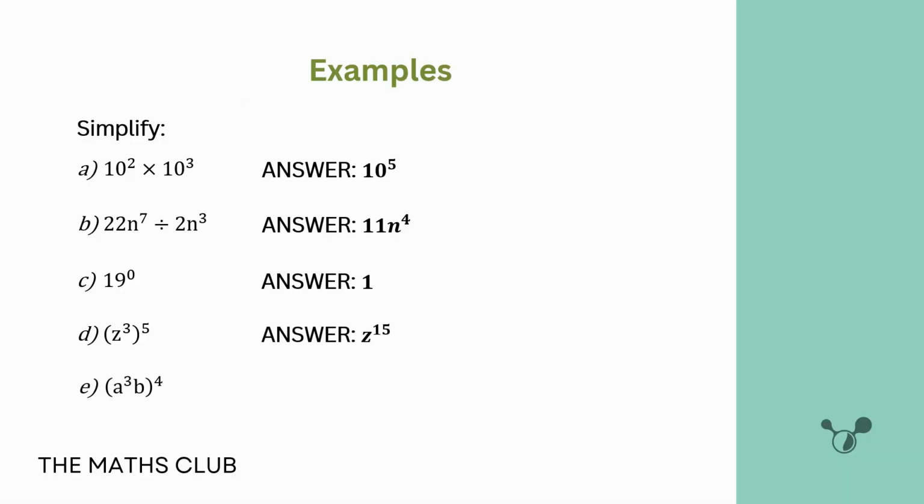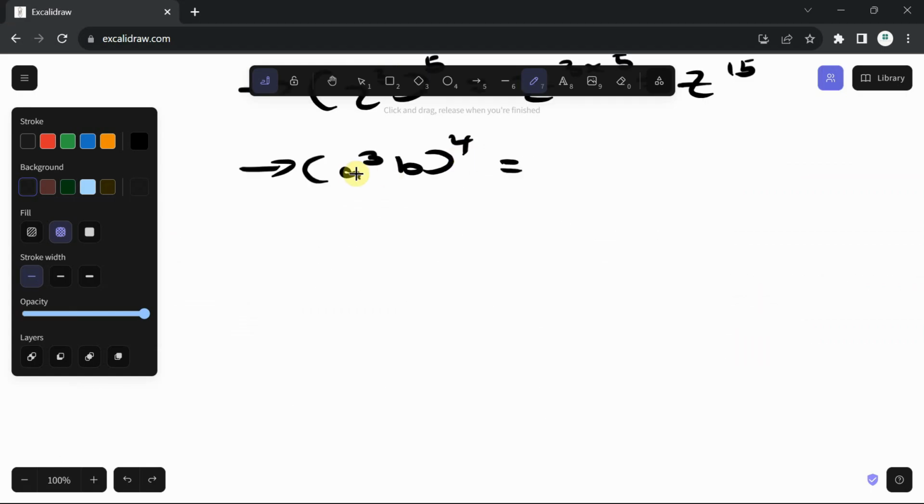The same thing too for this. We have a cubed b, all raised to the power of 4. So it's like saying multiplying this 4 times, so we can just multiply each of the powers by 4. So this is a raised to the power of 3 times 4. Then b does not have a power, but b is the same as b raised to the power of 1. So b^1 times 4, and I'll give you a^12